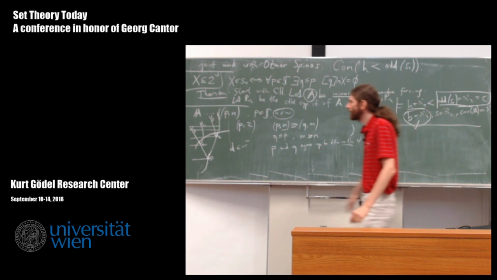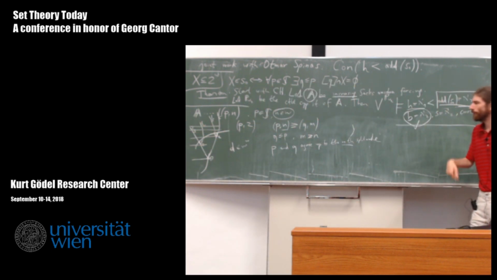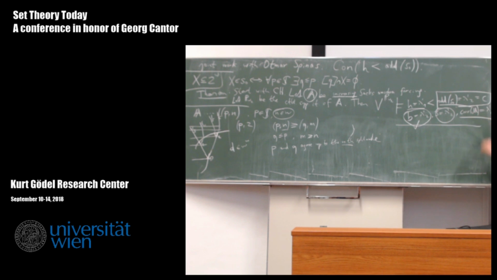Similarly, by just looking at the leftmost branch, you can prove that you can read off a real which is unsplit, and therefore the splitting number goes up in the final model. This is also quite easy. And so now for covering of meager. So what does this mean? This actually means that no Cohen reals are added. If Cohen reals were added, this would mean this is pushed up.